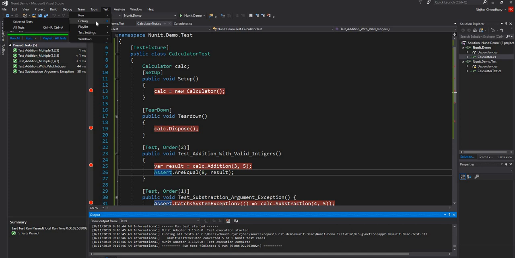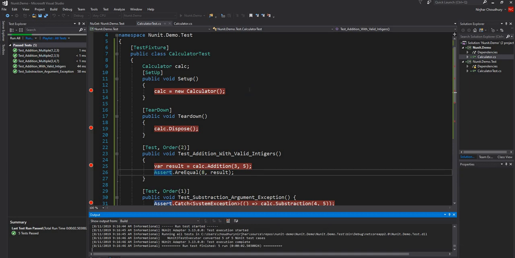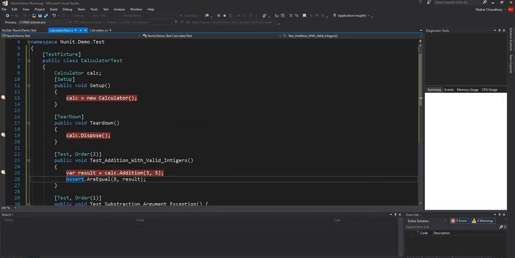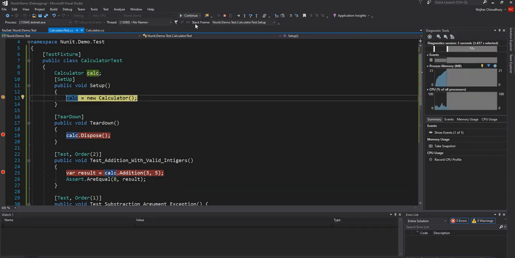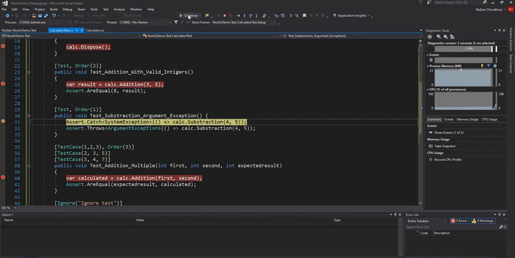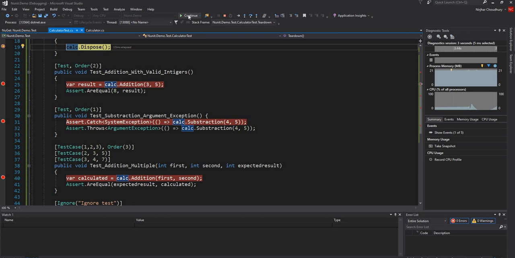So let me go and do debug all tests. As we can see, it came to setup first, then test 1, which will have exception twice, then tear down,